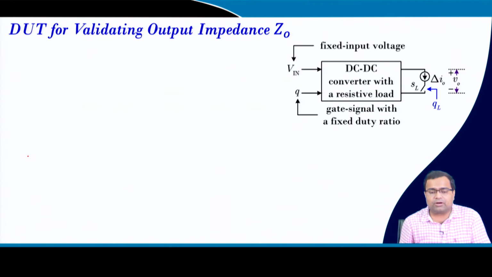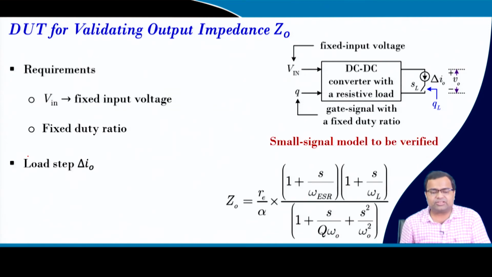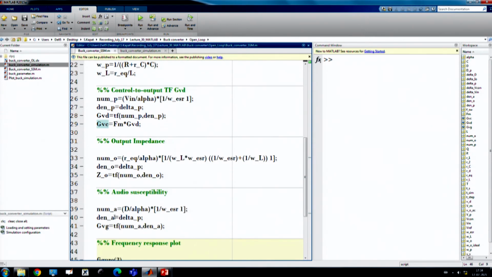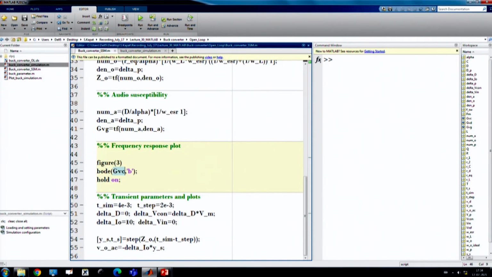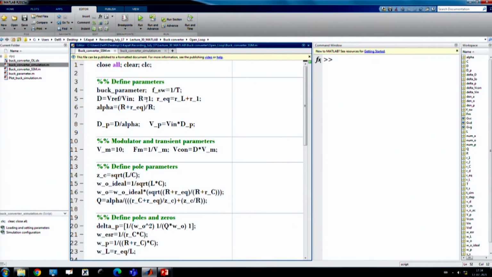So now we want to check this device under test. So, fix duty ratio in actual. So, let us go to the simulation. Here we want to first set, I have explained step by step everything. So, 10 ampere load step I am applying, and initial value of the load resistance is 1 ohm. Okay. So, let us run it.